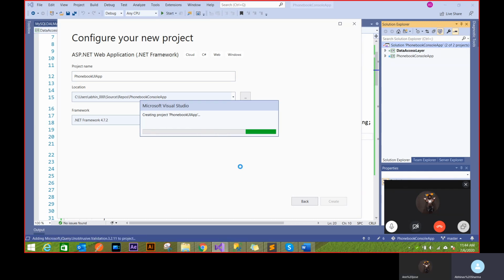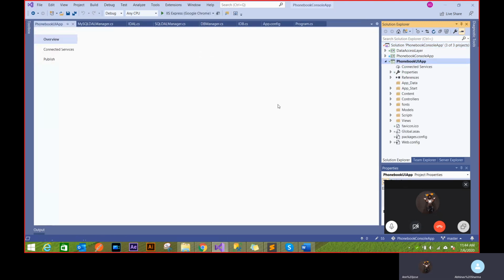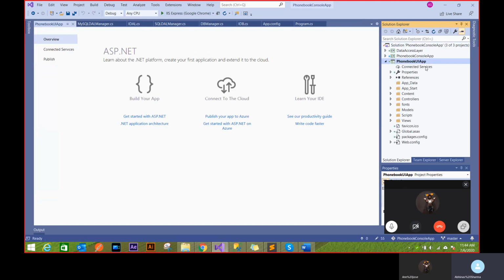In that case, the problem with Visual Studio and the whole .NET thing is, you'll see that when you work on a single page application, that project will open very fast. But the more dependency I have on ASP.NET libraries, you see this taking so much time, because right now it's adding those DLLs to my project, downloading those DLLs. So yes, it takes a lot of time because I have to create this whole component. But if you use a single page application, then it's more on the JavaScript side, less on .NET.